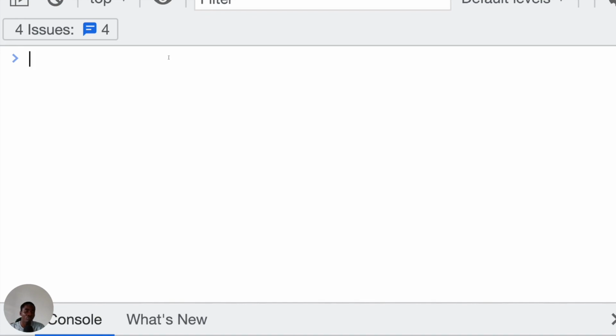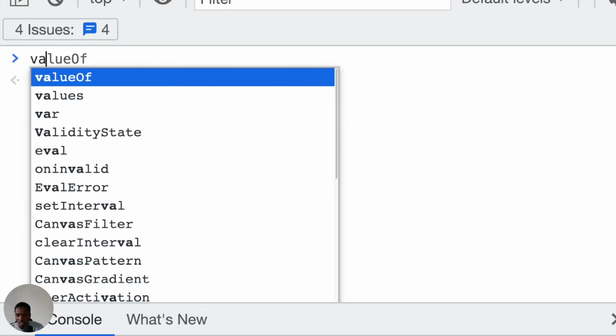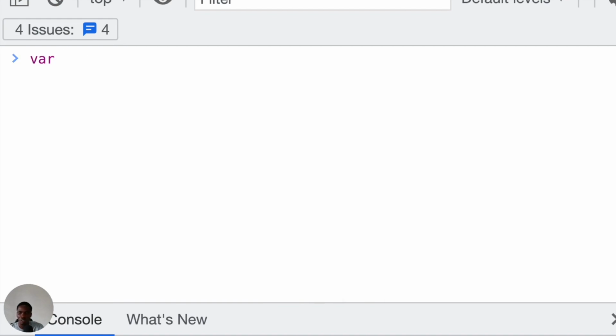And we have different types of variables. We have the let, we have the const, and we have the var. These are the three different ways by which you can create a variable. Let's start with the var. If we want to create a var variable, we use the keyword var. And let's say we want to create